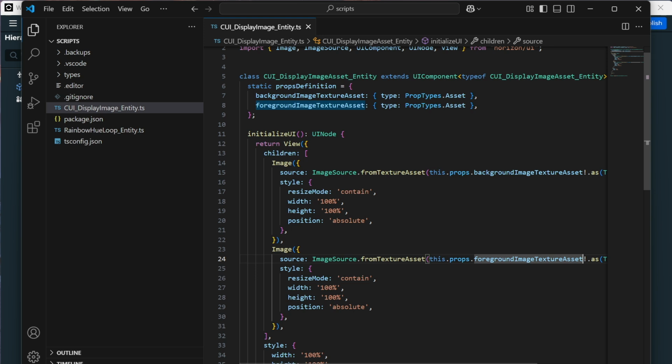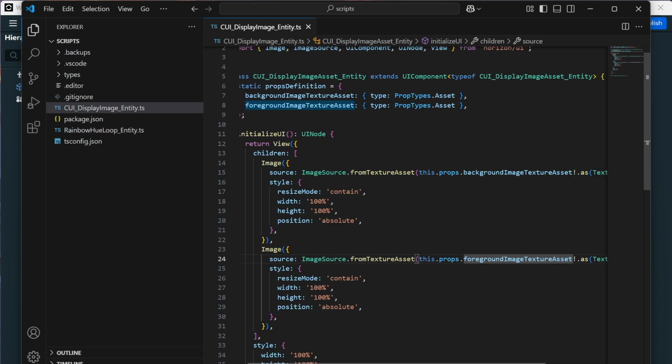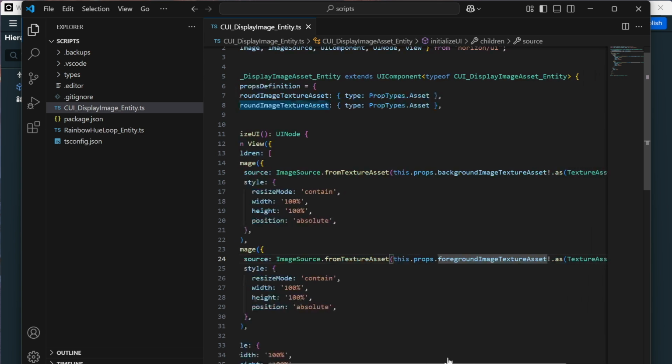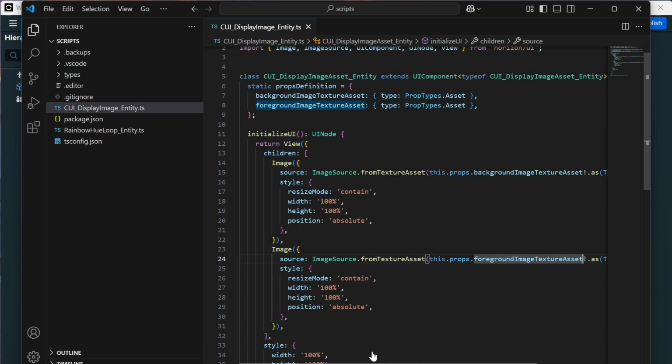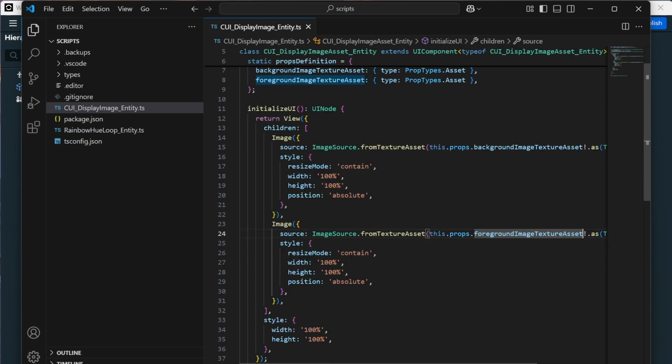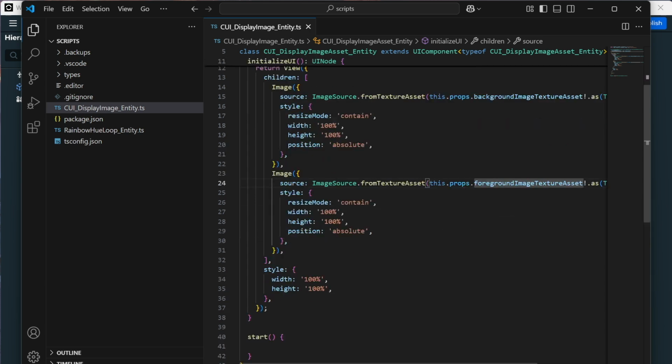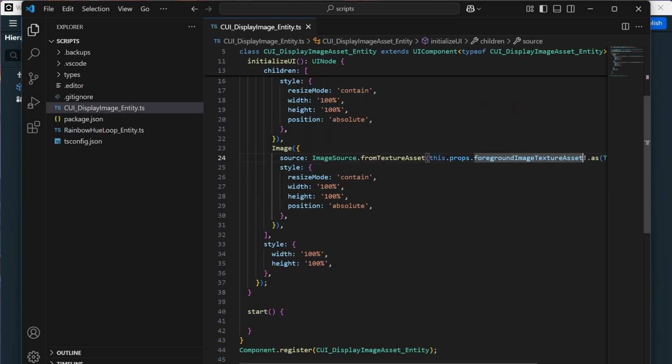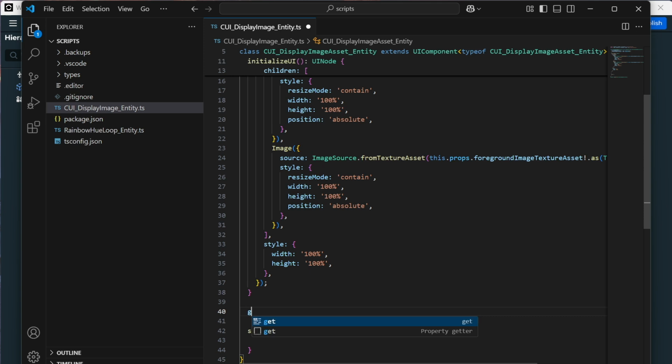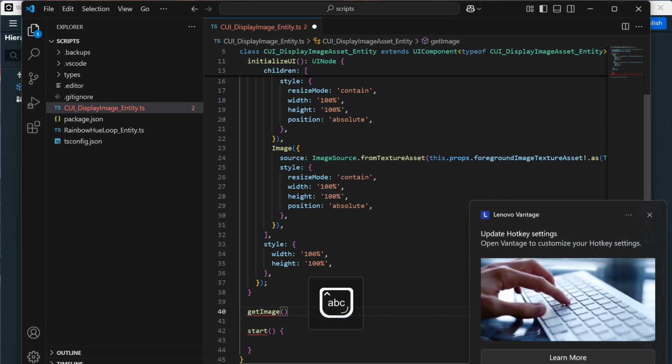So to handle that, we have to, instead of using an exclamation point, recognize that this might be undefined. And I think what that means is we need to create some sort of function. Yeah, that's what we're going to do. We're going to create a function. This is going to be called getImage. Oopsie. Oh no, what am I doing? Caps lock. Okay. Get image, which is going to take,